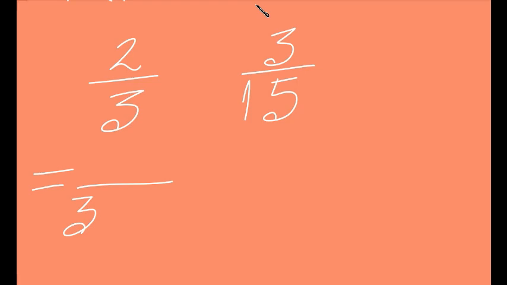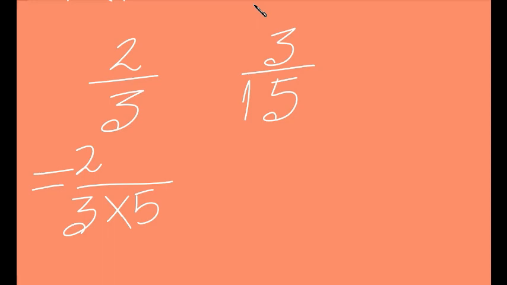So we write this fraction first, 2 by 3, and extend the line, and then what should we multiply to 3 to make it 15? Obviously 5, right? So 3 should be multiplied by 5. So since we multiplied the denominator with 5, we have to multiply it with the numerator. Remember this very nicely, that if you multiply a number to the denominator, then you have to multiply it to the numerator also. Only then the fractions will be same.